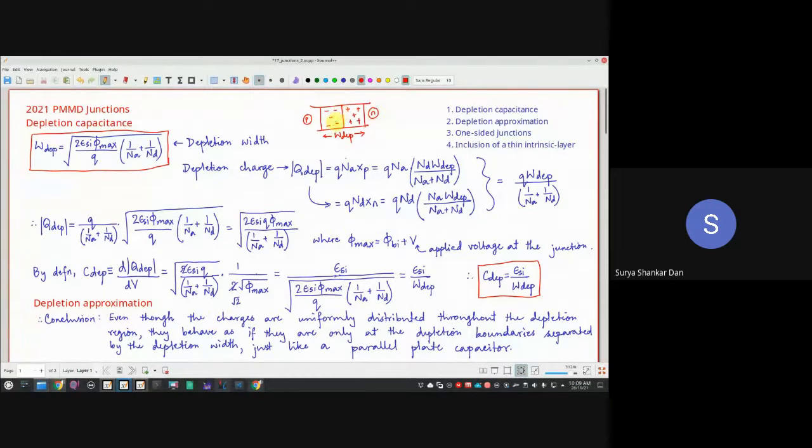Whereas in this case, only boron and phosphorus ions are there. Okay, because the mobile carriers have essentially recombined. So that means there are no mobile carriers. So all the charges in the depletion region are only because of the static immobile ions. ठीक है ना, ये हमने लास्ट क्लास में डिटेल्स में पढ़े थे.